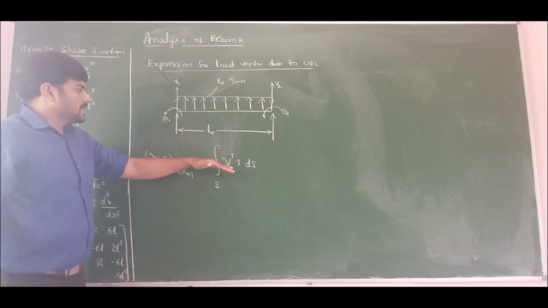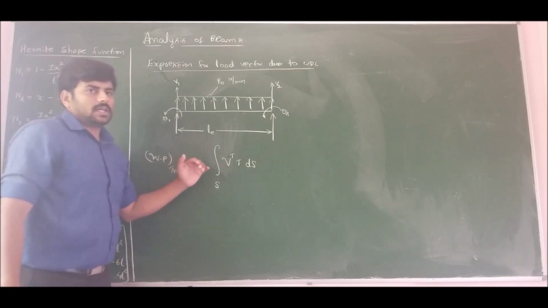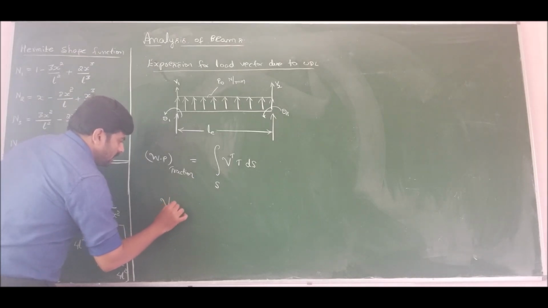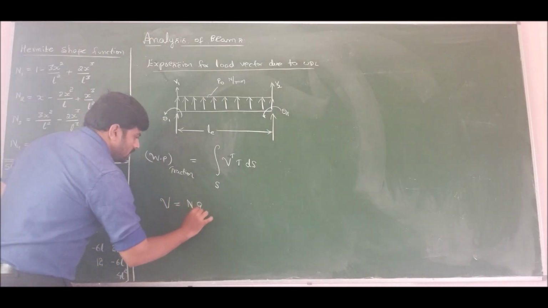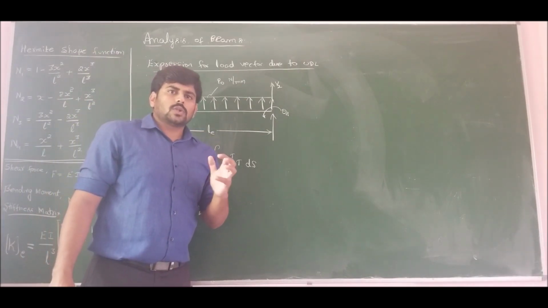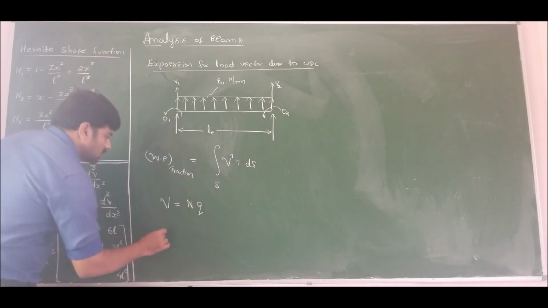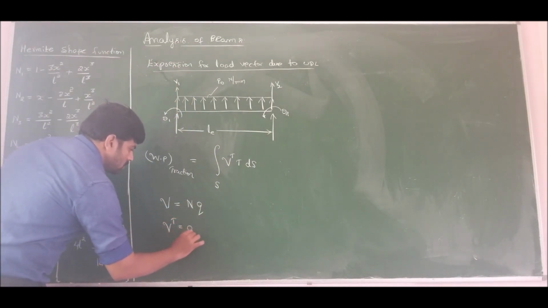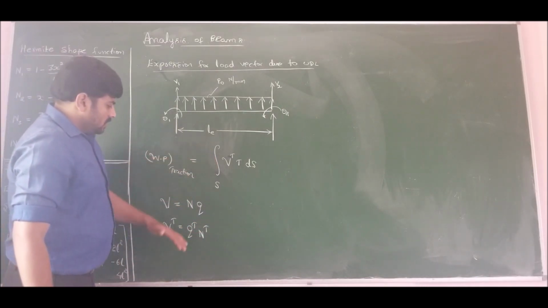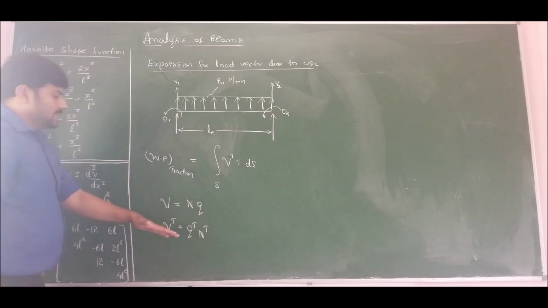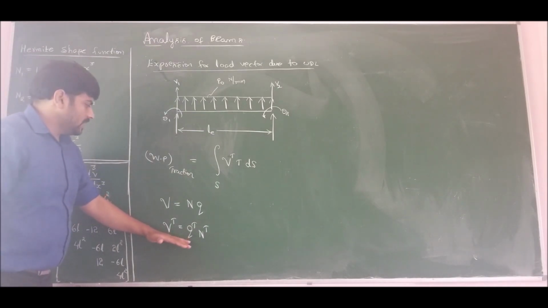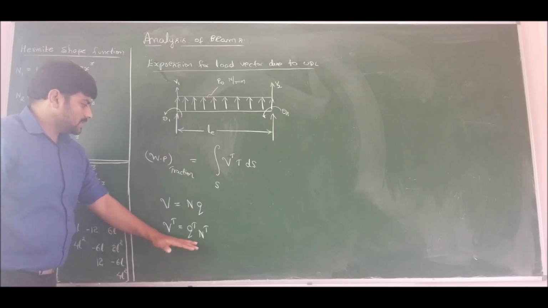As we all know, the displacement vector is given by shape function into nodal variables, the field variables. So the global deflection V is given by shape function into nodal variables. The nodal variables are the deflection at each node and the slope at each node. So if I take the transpose, I will get V transpose equal to Q transpose into N transpose. As you observe, the shape functions here are the Hermite shape functions which I derived in our lecture 1.